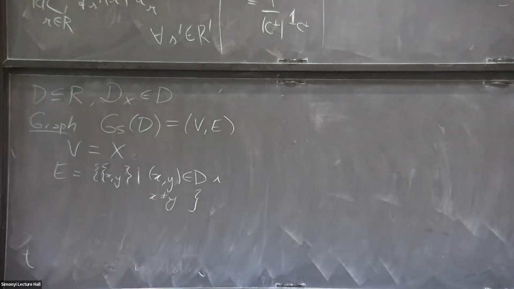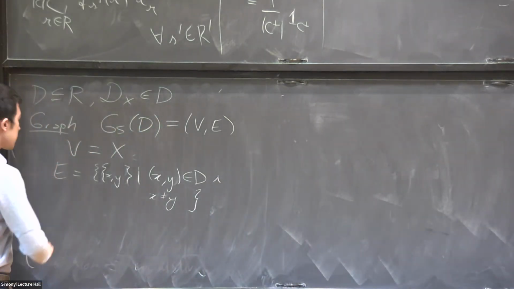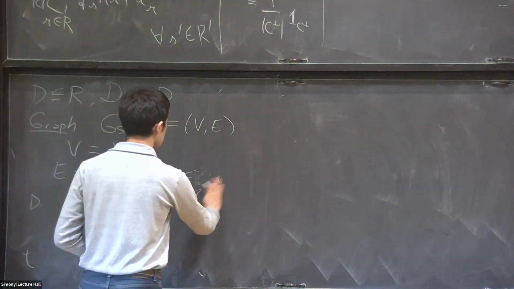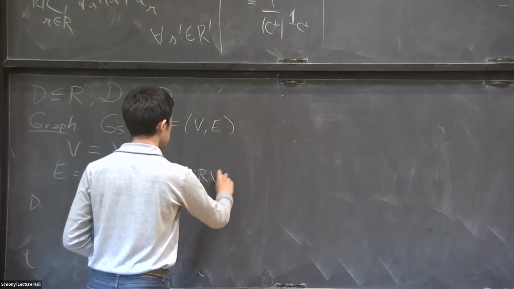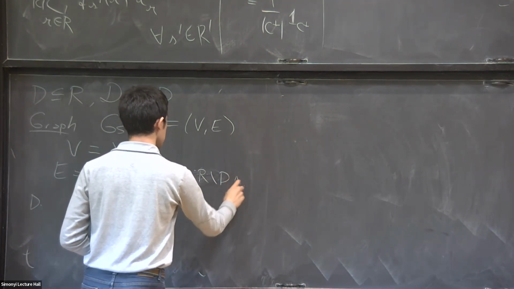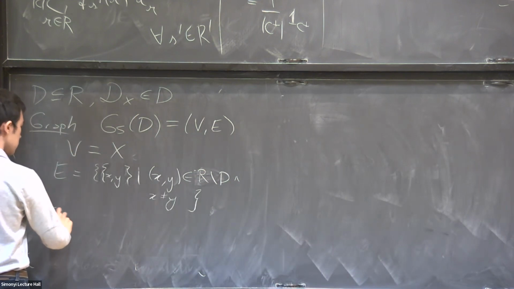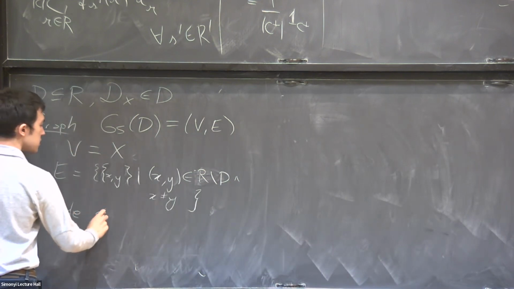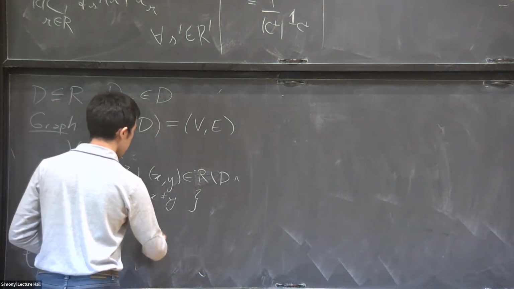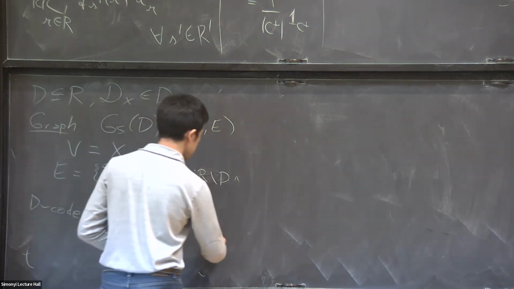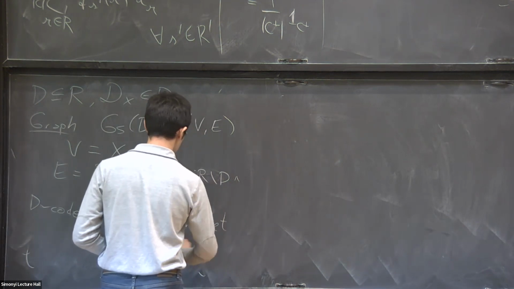Okay, so this is the edge set of the graph. And then you can just see that a code is nothing, so a code is just an independent set in this graph,